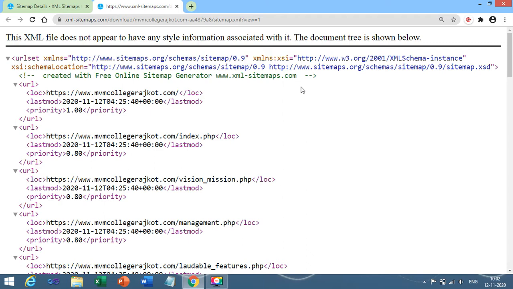Using the XML sitemap. Now I am going to repeat once again that a sitemap represents the map of your website so that the crawler can understand it. This is just for the purpose of the crawler, right?